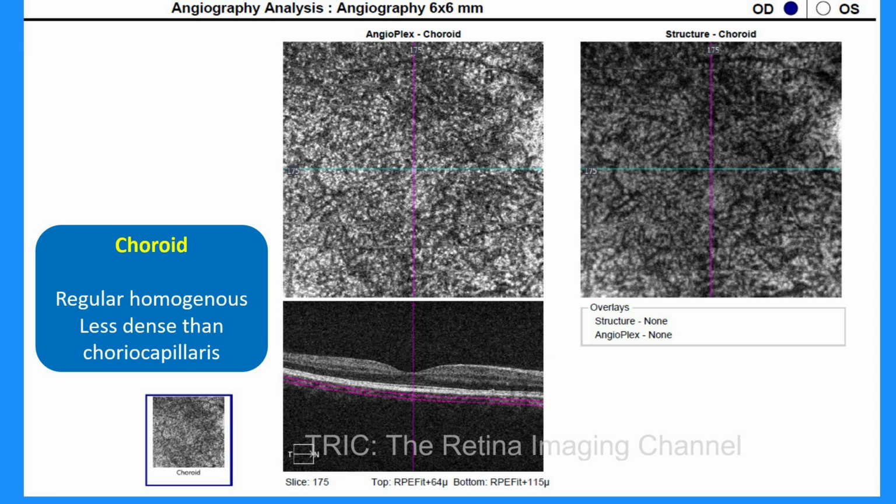All these images are also provided with structural en face image. Now if we have any abnormality which is noted on the angiography en face image, then we need to correlate it with the structural en face image to find out what pathology is causing that abnormality on the angiography en face image. That's the utility of structural en face image, and obviously any OCTA image needs to be corroborated with a structural OCT. So that's why all these three images are provided: angiography en face, structural en face and structural OCT. So this was how we interpret normal OCTA images.